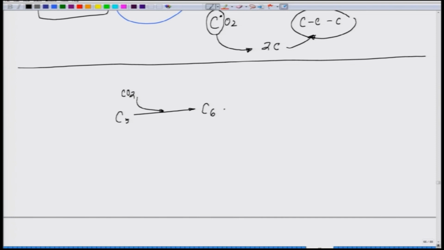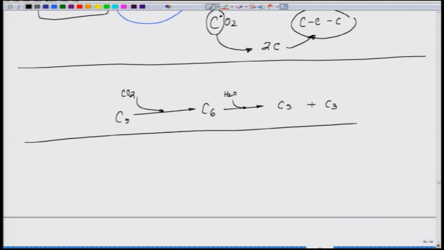From the C6, you are making a C3 plus C3, and this whole thing happens in the presence of, or is being orchestrated by, an enzyme called RUBISCO, whose full form is